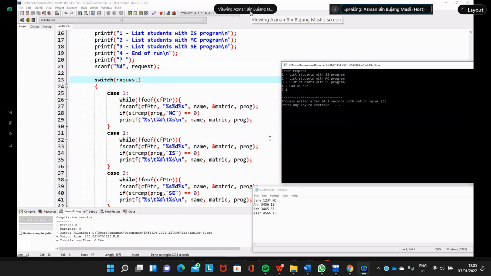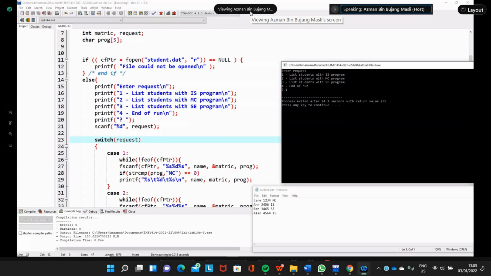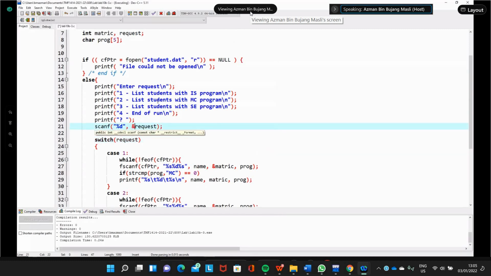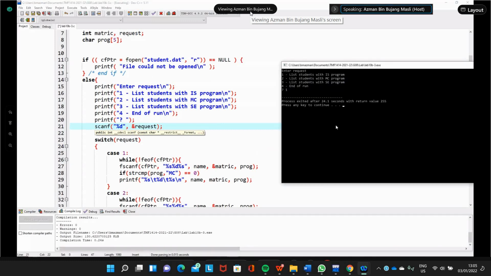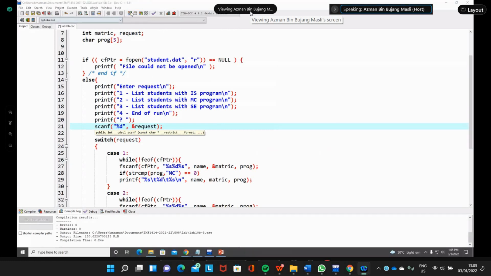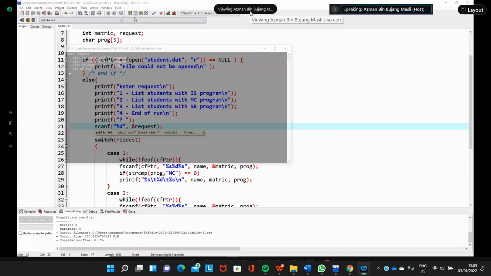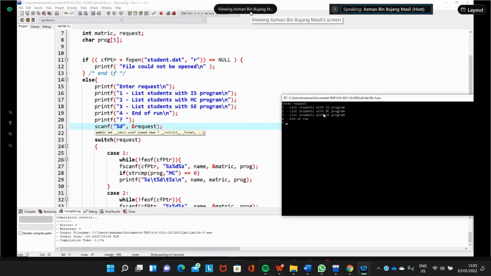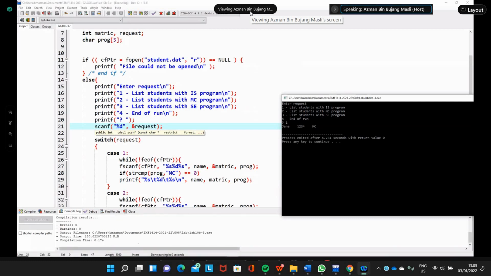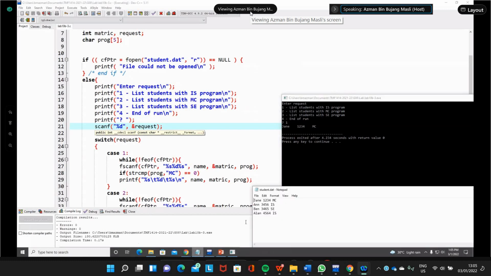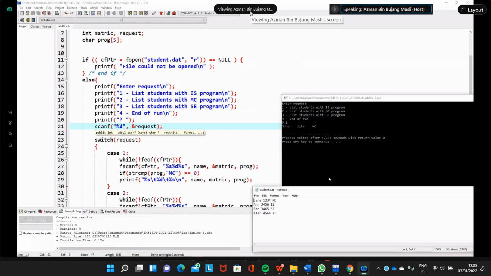So case 1, switch request, scanf. Oh, this one is actually incorrect. We need to put the address operator, so that's why we got the runtime error. So we run it again. We just check number 1. We got the MC correct. So the first one is correct, meaning that the rest is also correct.